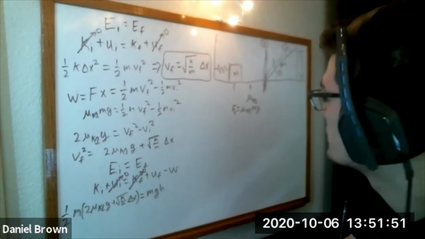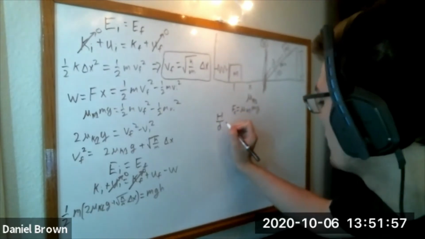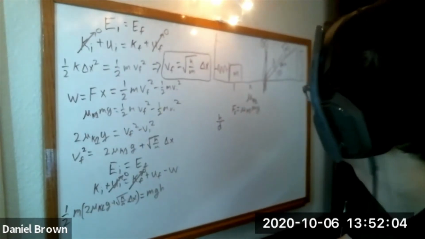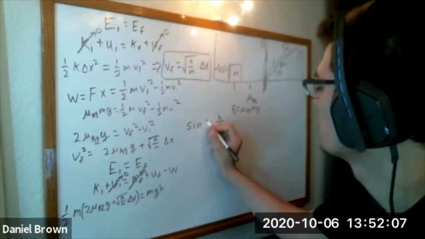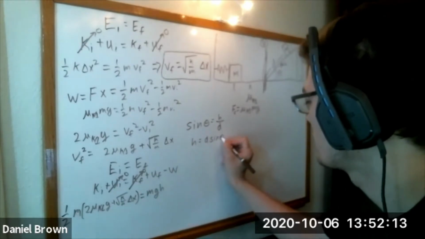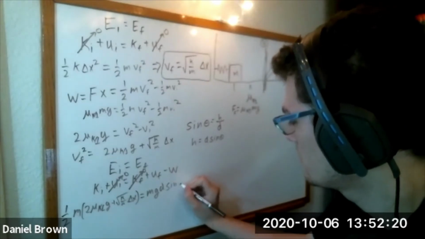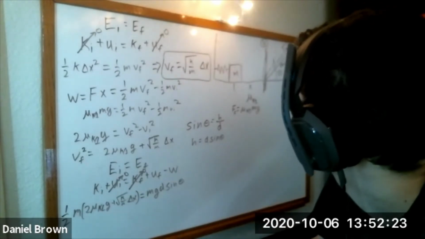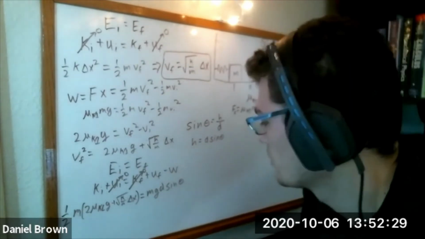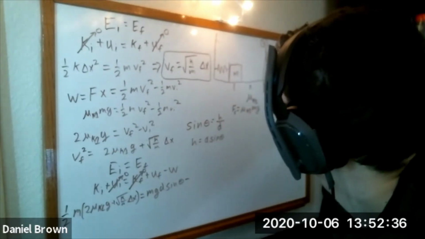So in this case, d is our hypotenuse, so that'll go on the bottom. H is opposite the angle, so we can put that there, and I'll use a lowercase h just to keep things consistent here. And since h is an opposite, we use the sine function. So then when we solve, h is going to be equal to d sine theta. And so then we can easily replace that with mgd sine theta. And now we have to do one more thing in order to get what our work is. The work in this case